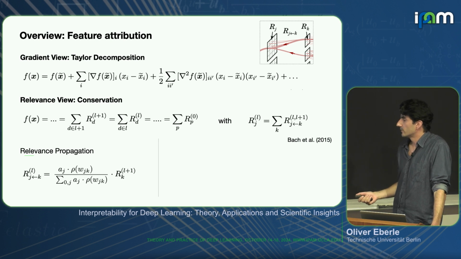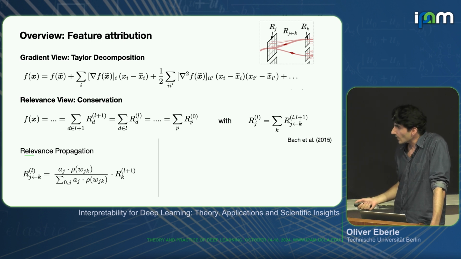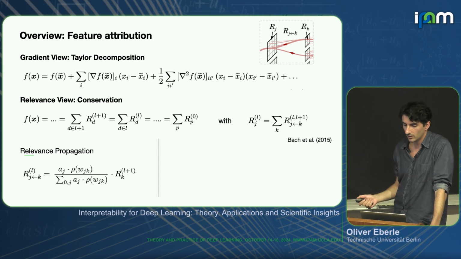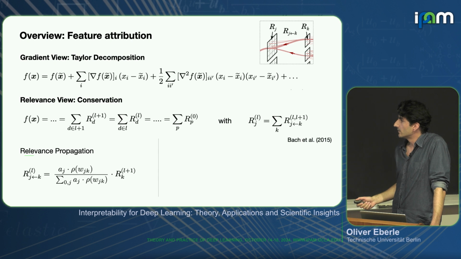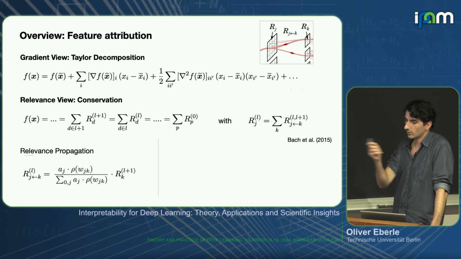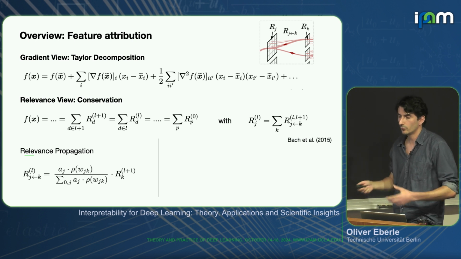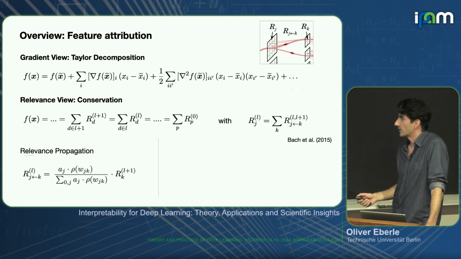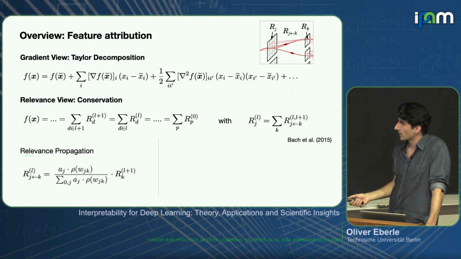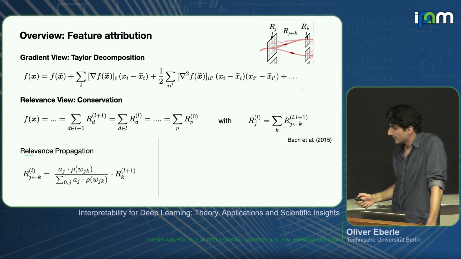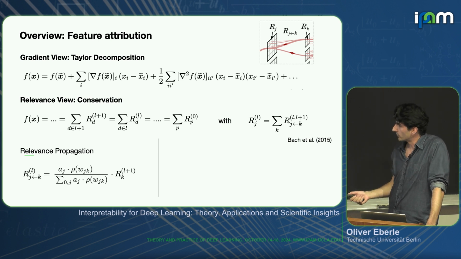So it's loosely inspired by physics, let's say, because the idea is that you want to predict the function score that you have at the output. So f of x, for example, is some class score, some logit, let's say. And if you want to attribute this score through the whole neural network until you reach the input, it should not get lost along the way, or also no new information should appear in magnitude along the way. So you want to ensure that the sum of relevance that you observe at each of these successive layers is constant and sums up to the score that you're trying to redistribute. So this is this constraint here.